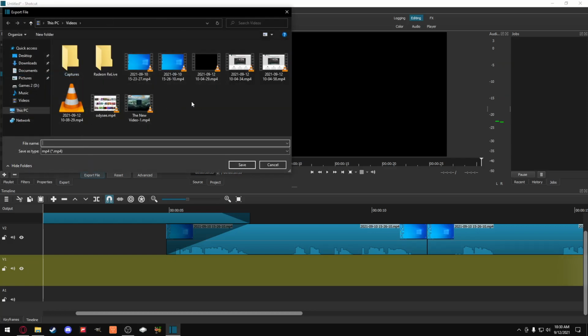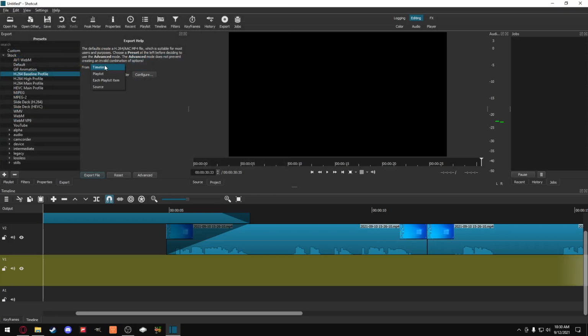Then you just click export. You also want to make sure this is on timeline. Oh, I don't know what these other ones do. Obviously source might be something else. I don't know what playlist is. But make sure it's on timeline for your timeline. So